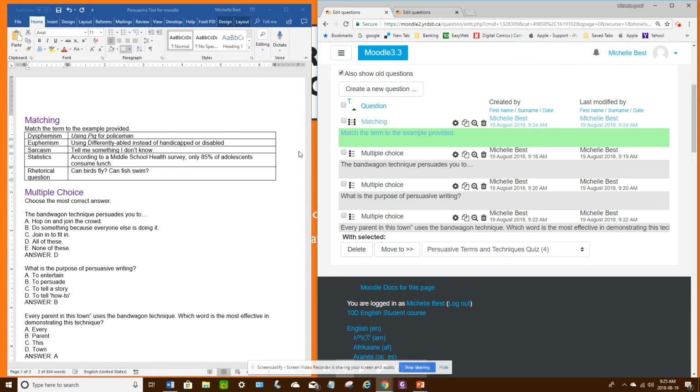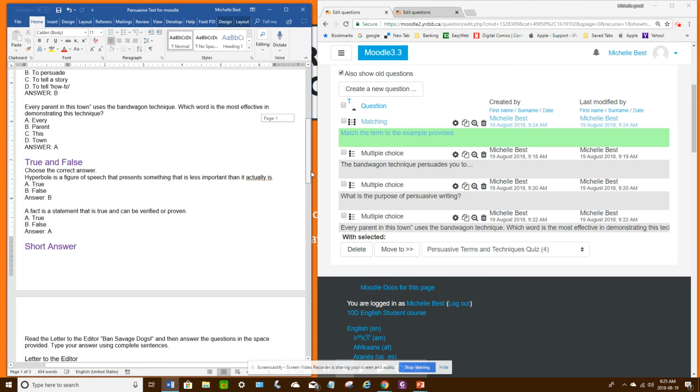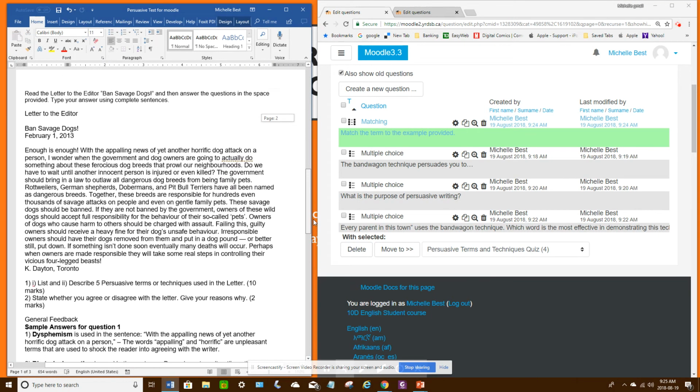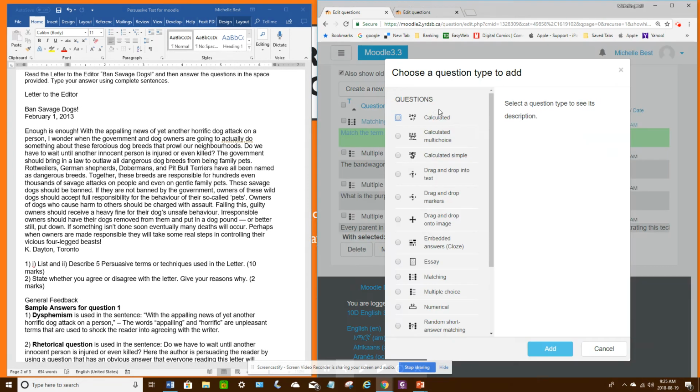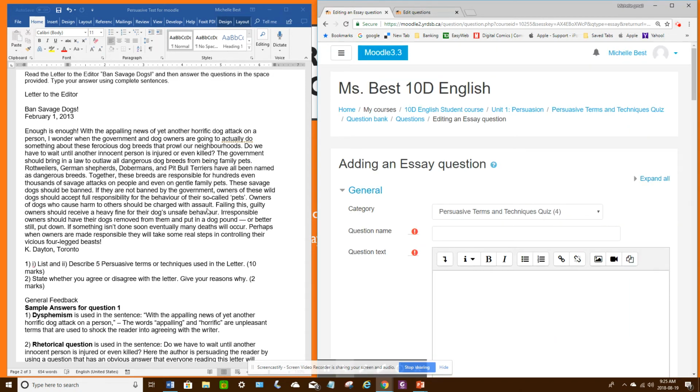Now I'm going to add my final type of question, which will be the short answer, also known as essay question. So I'm going to click create new question, click essay. Essay just means that the students can type paragraphs and sentences for their answer. So in this question, I'm going to call it short answer,